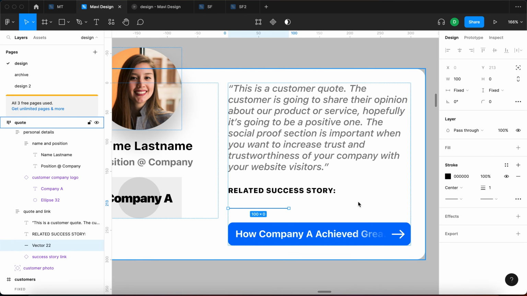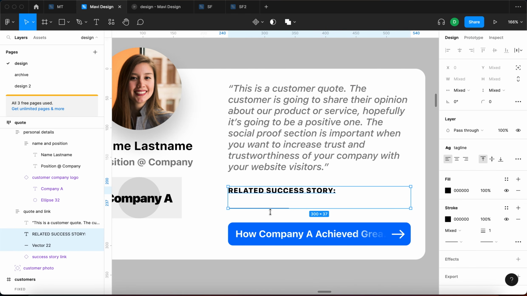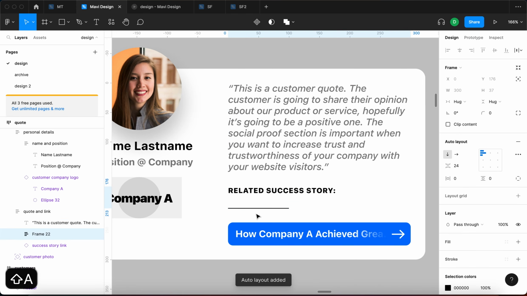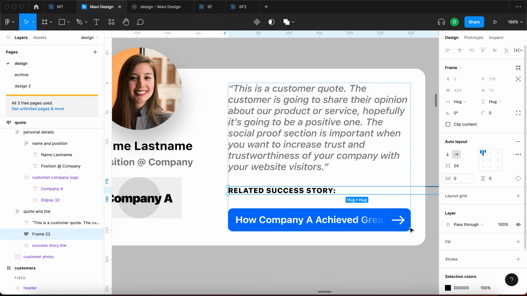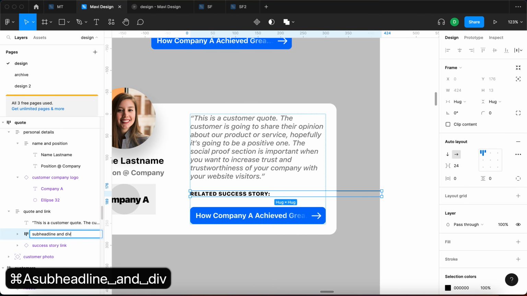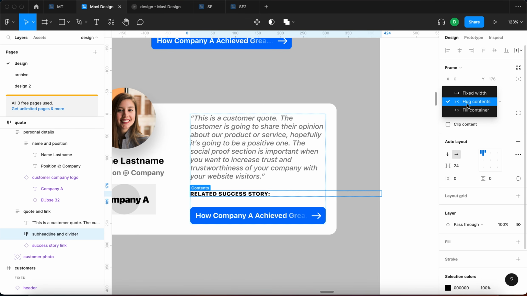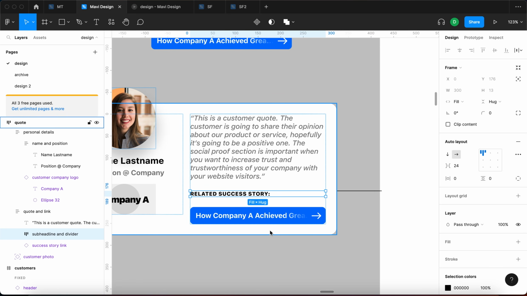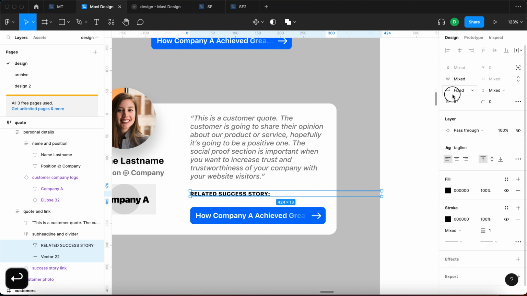So I'm going to select the tagline and this line, Shift A, and then horizontal layout, right? So basically we get this. But again, this is something that we definitely do not want. So let me select the frame 22, rename that to subheadline and divider, and then set this width to fill container. But at the same time, we're gonna have to press enter and set both of these to fill container